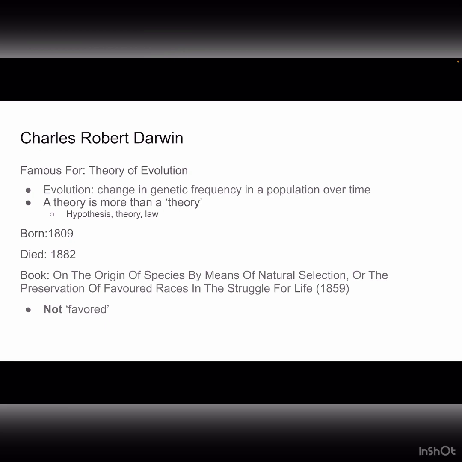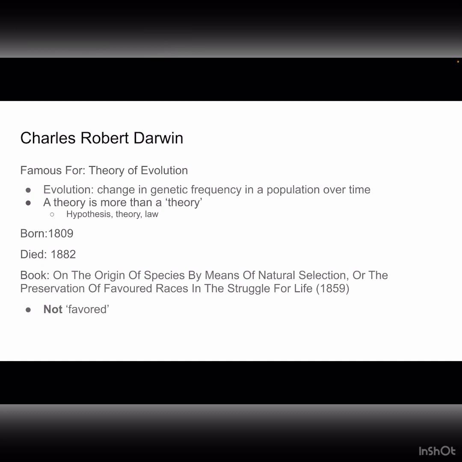Now, what do we mean by evolution? Well, evolution is defined as change in the genetic frequency in a population over time. That just means that certain traits, coloration, height, shape, will become more or less common in a species over time. This is usually due to environmental changes. I'm going to show you a few examples in the next slide, but before that, let's talk a little bit